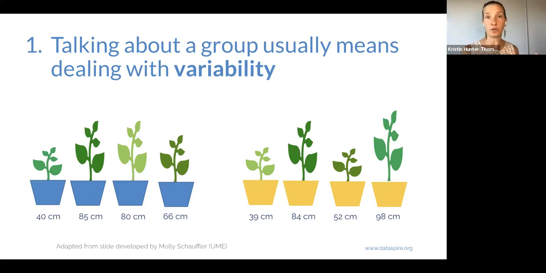And this is important because whenever we are talking about a group, even if it's just the subdivided portions of a group, as in who likes red or who likes blue, or which Halloween candies we found, or did the large car or the small car go faster down the ramp? These are all group questions. We are thinking about the group. And whenever we're talking about a group, we are dealing with variability. There are going to be differences among the individual measurements or the individuals from which we are collecting data.